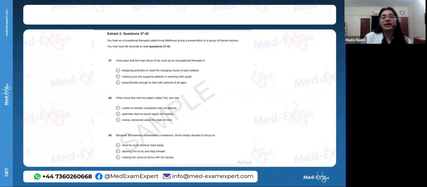So that's a little technical, but once you start practicing, you will be able to understand where you have to pause, where you have to listen carefully. So the audio corresponds to the questions and it goes in a sequence. So it does not go back and forth. It goes in a sequence, but you have to utilize those 90 seconds before the audio starts. You have to utilize them very well, and you have to read the questions thoroughly.